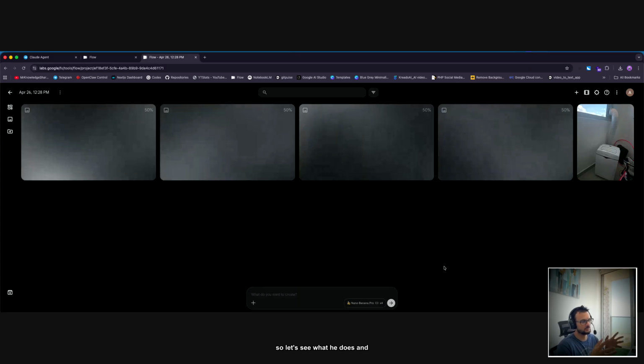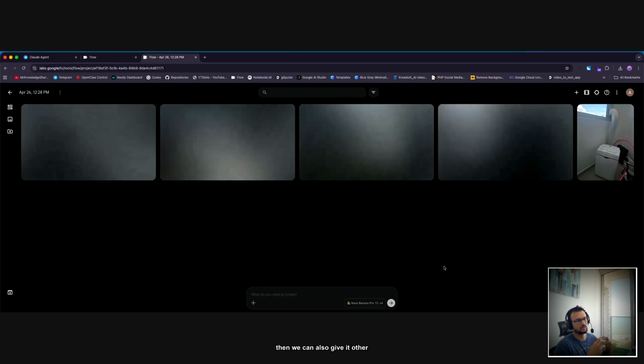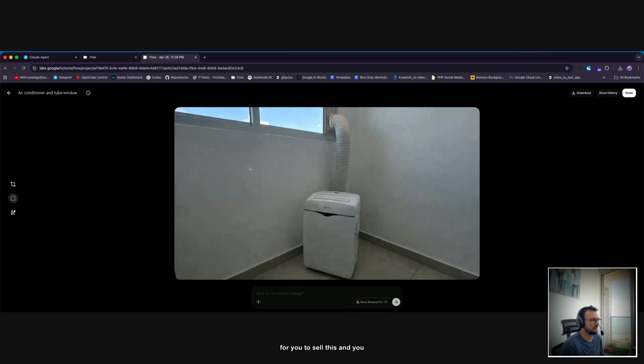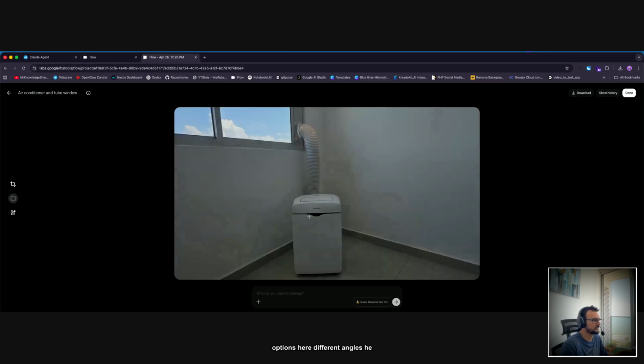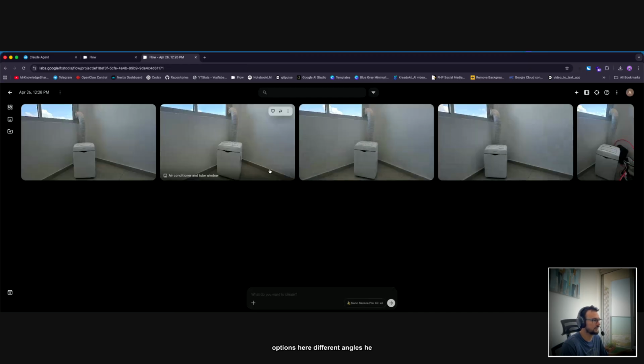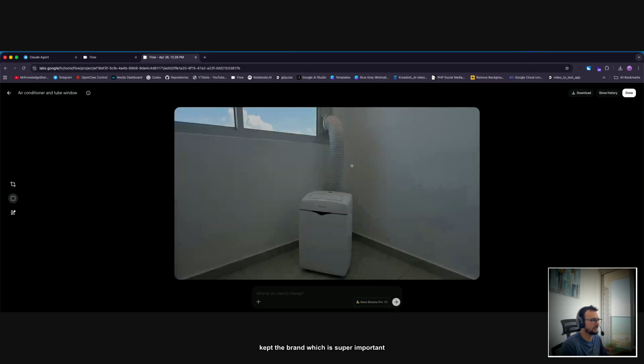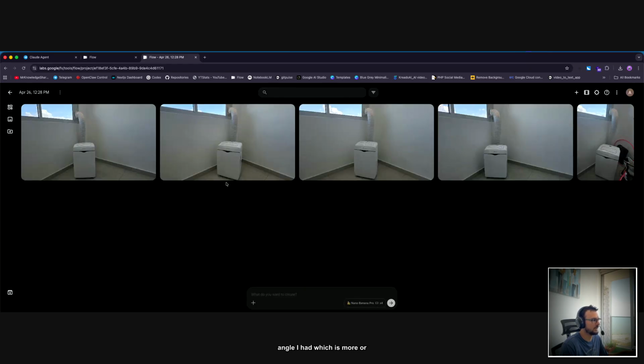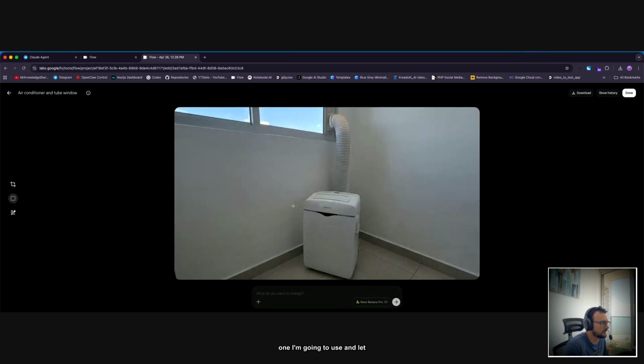So let's see what he does, and then we can also give it other details like, yeah, look how clean that comes. Like now it's much better for you to sell this, and you have many options here, different angles. He kept the brand, which is super important, but I'm gonna go with the angle I had, which is more or less this one. So this is the one I'm gonna use,